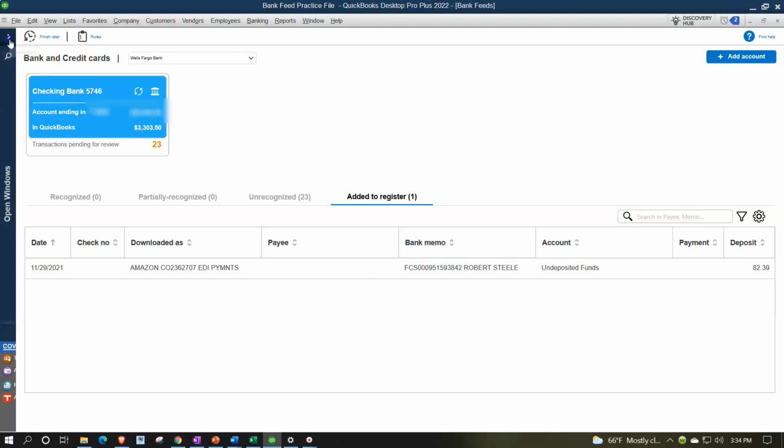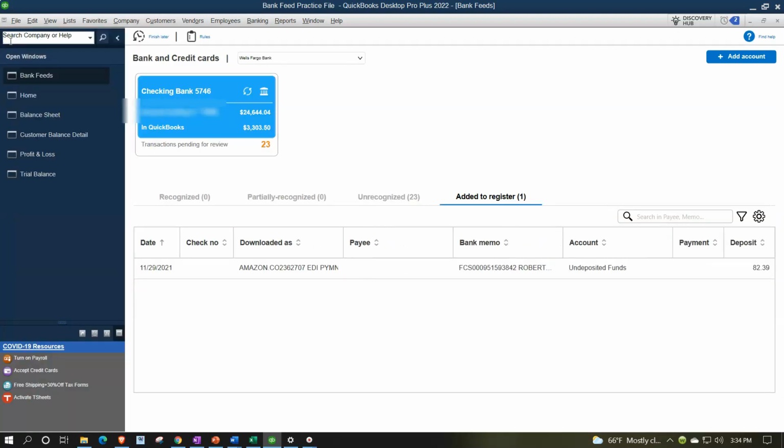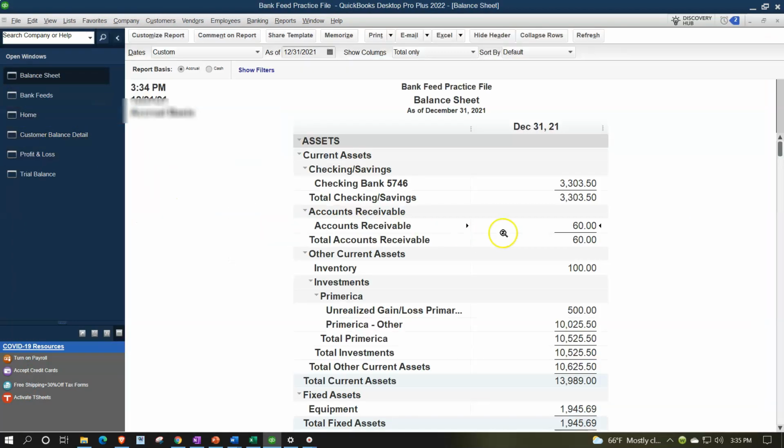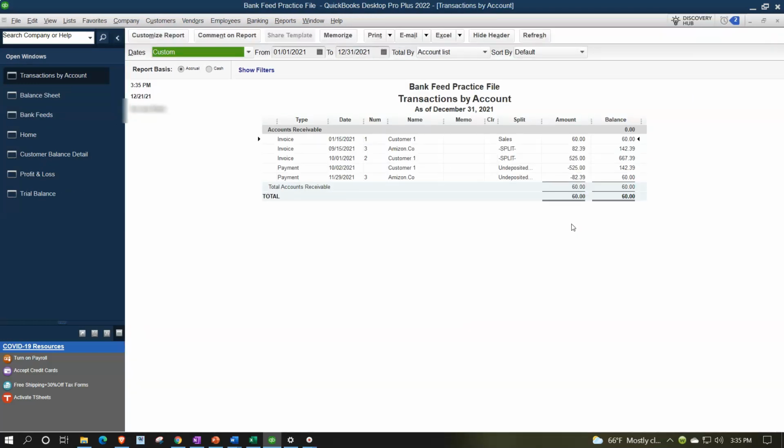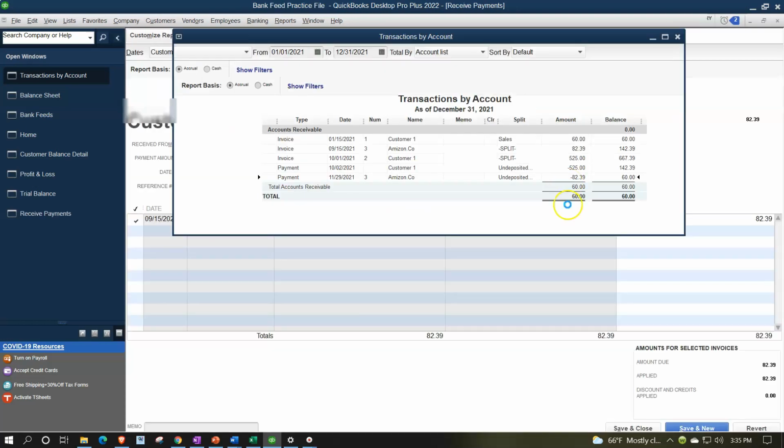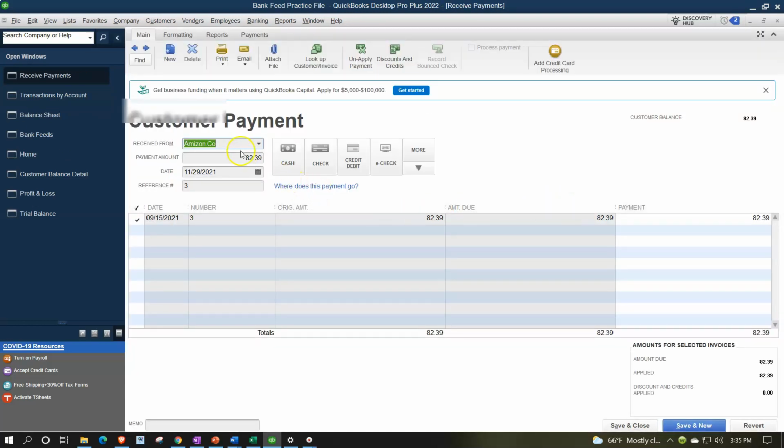So I'm going to open up the caret again. And we will then go to the balance sheet. The accounts receivable should have gone back down. If I double click on it, we've got it going down. Notice it went down with a payment type of form as opposed to a deposit form. So if I double click on this and I go to that payment type form, there it is,